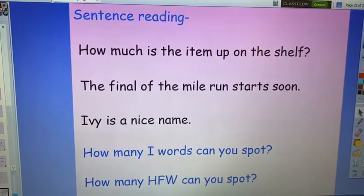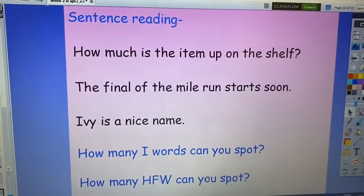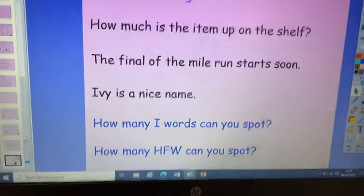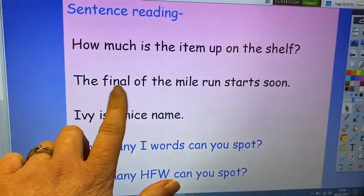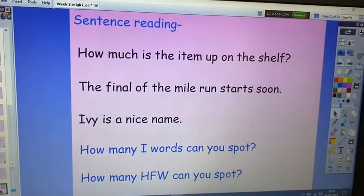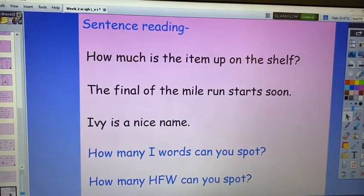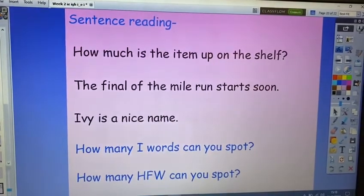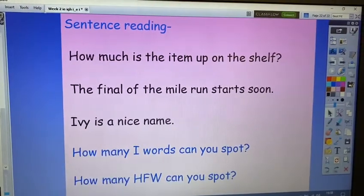Okay, so the sentences say, how much is the item up on that shelf? The final, oh, that's a different one, isn't it? We didn't have that one earlier. The final of the mile run starts soon. And Ivy is a nice name. Now again, you can see, can you spot any of the other I sounds, any of the letters that make the I sounds in any of these words? Because I can see